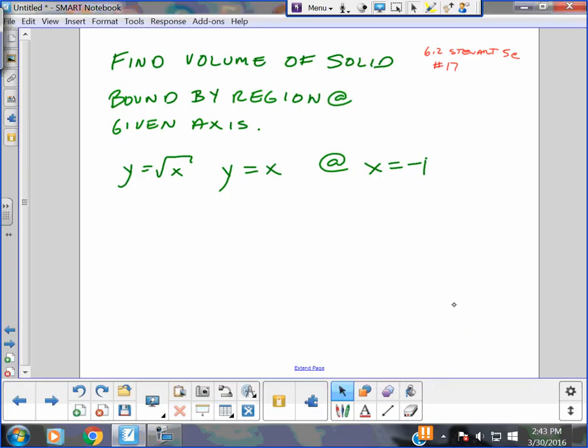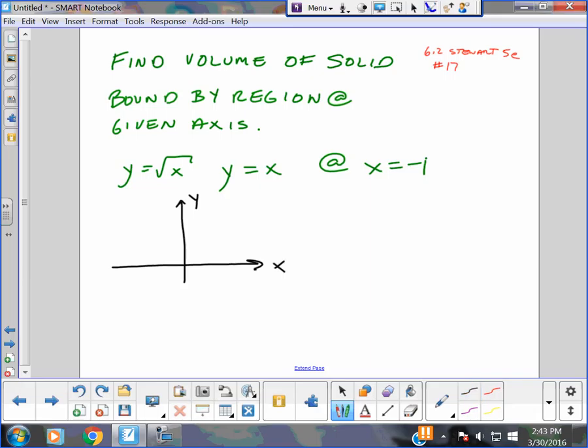All right. You're going to find the volume of a solid bound by a region of curves about a given axis. We should be able to picture in our head y equals square root of x and y equals x. And we're going to go about the axis x equals negative 1. So to make a quick little sketch so we kind of see it,